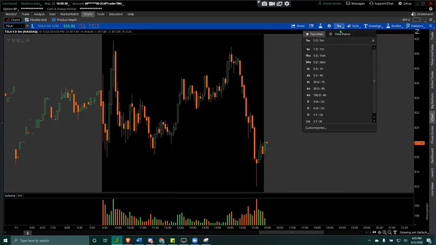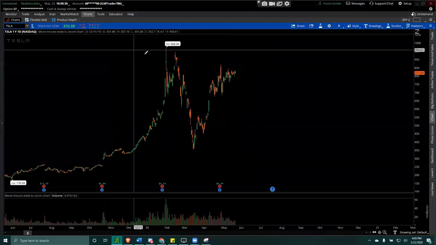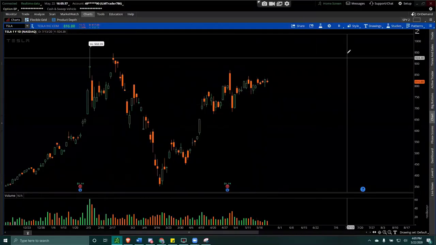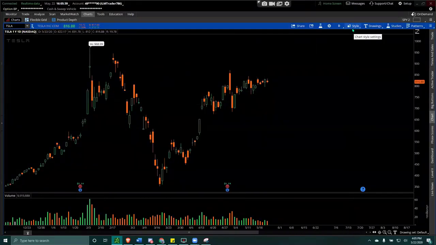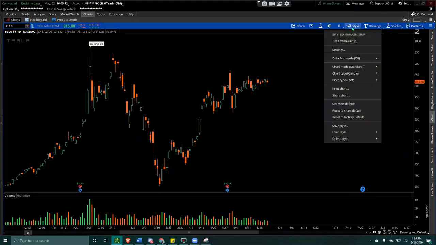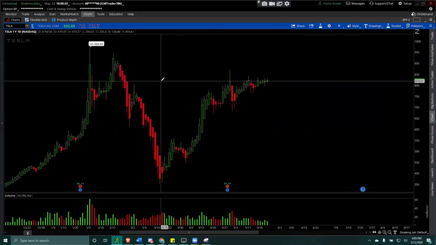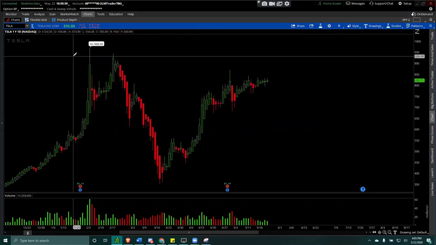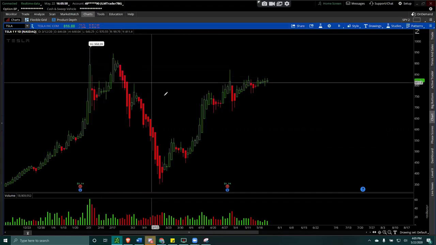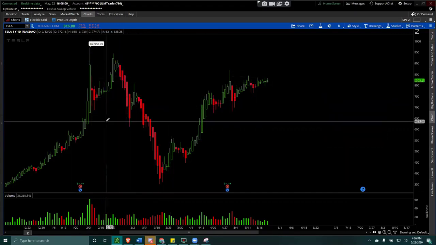So time frame, typically I'll have it on day trade. I'm not worried about any of these right now since we're just talking about chart setup. So when you log in, this is what you pretty much look at. You could change the chart type and go into Heikin-Ashi. It's all relative. Heikin-Ashi is pretty straightforward. It cuts out all the exogenous noise for us to focus on the candle.